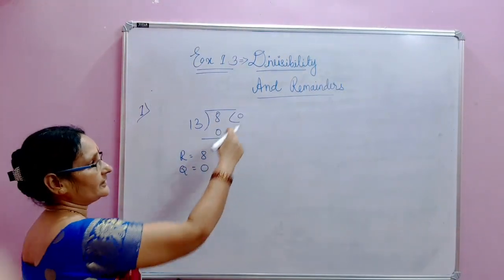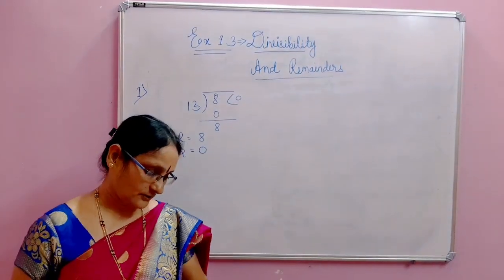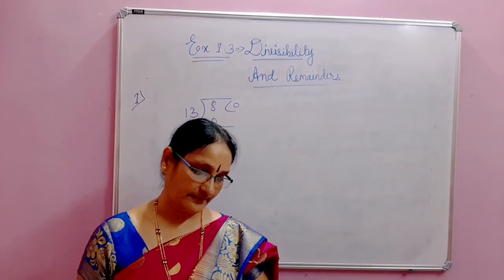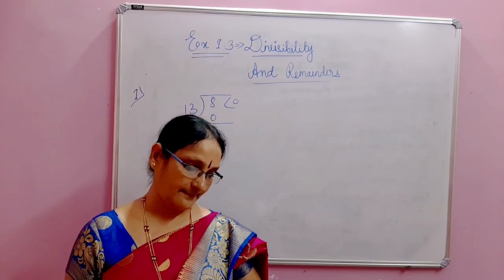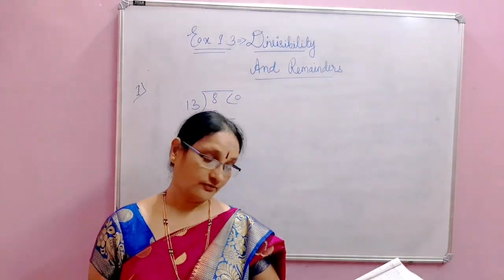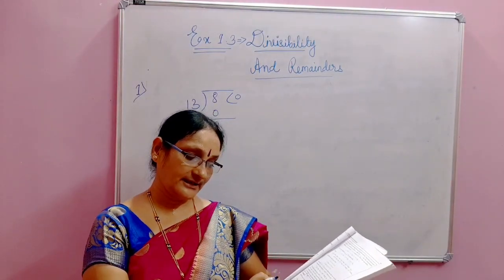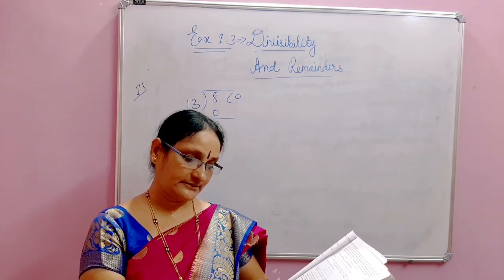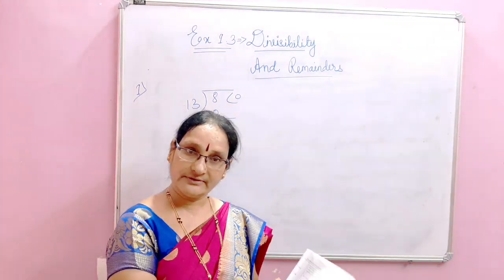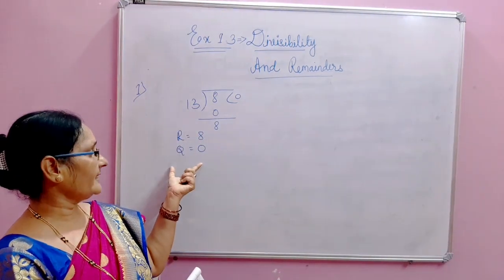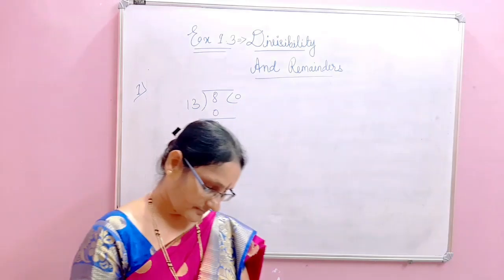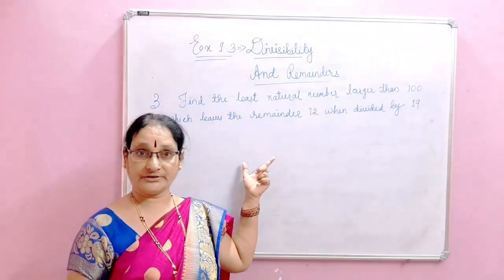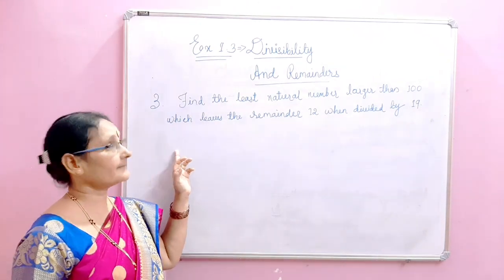In the same way, you have to divide and get all those from the first one. Find the quotient and remainder when each of the following numbers is divided by 304. All the numbers: 128 divided by 304, 636 divided by 304. You have to divide them and find out the remainder and the quotient. Then the third one, students, from exercise 1.3, the third problem you see here.